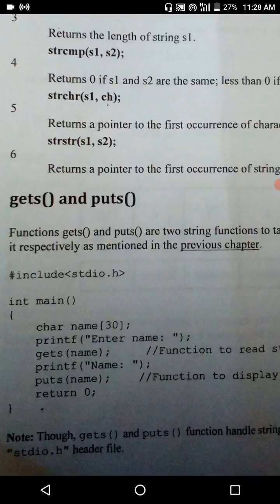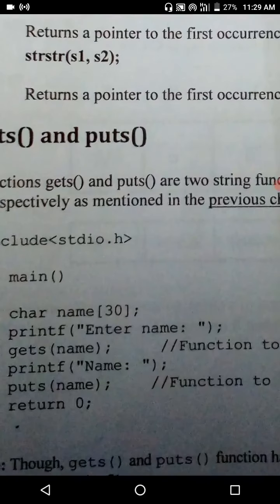So what is the syntax? gets is a function that takes one argument, and that argument is a string, not a character: the string to read from the user, or the string to display on the monitor.